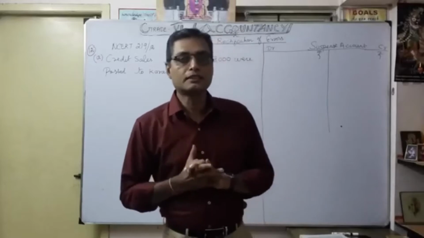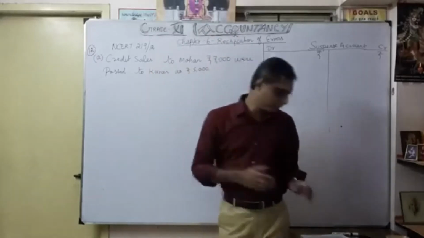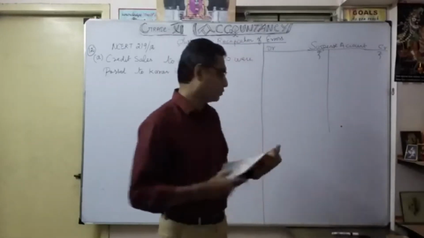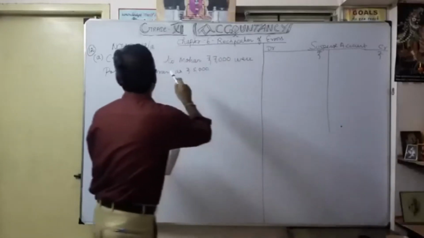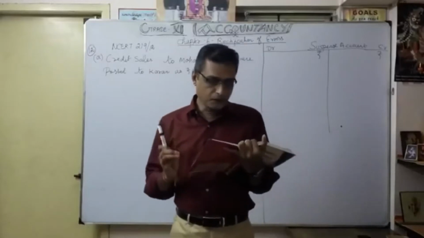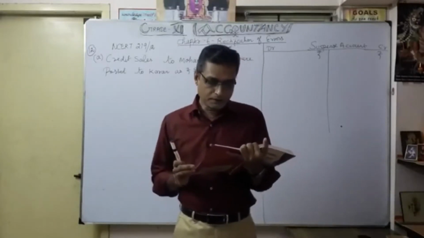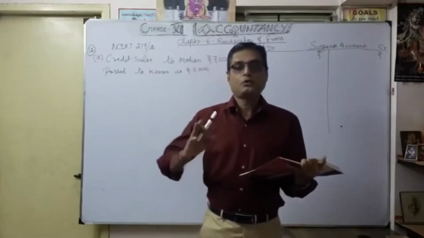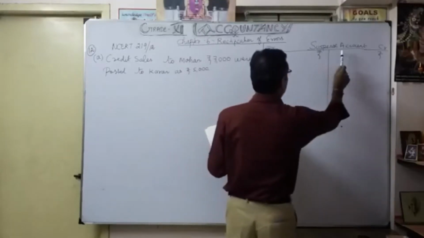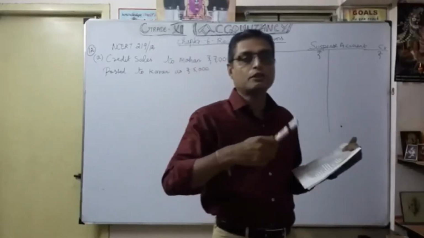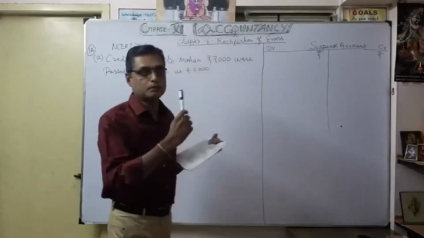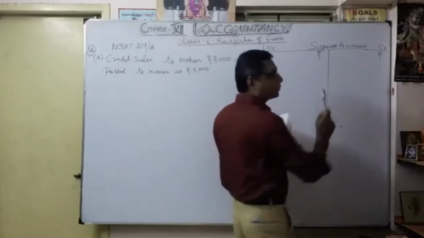Now take the NCERT book, page number 219. We are going to discuss exercise number 12. See what question they asked: rectify the following errors, assuming that a suspense account was opened. Here you want to learn how to do the suspense account. That's why I am opening the suspense account simultaneously. You also work it out while you watch the video, and follow the same manner of preparation.